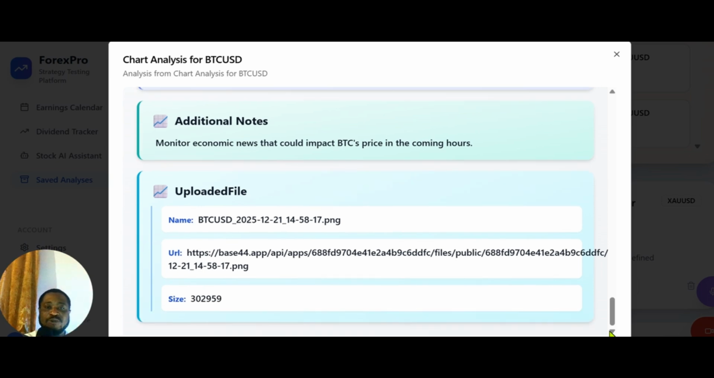Now, this is when the file was uploaded. Look, Bitcoin US dollar. It was uploaded on 21st December 2025, and the time was 2:58 p.m. and 17 seconds. That was the time we uploaded the file to the AI to analyze it. So you can see no one is lying, everything is documented. This was the URL for the file that was uploaded, and this is the size. So now let's go back to